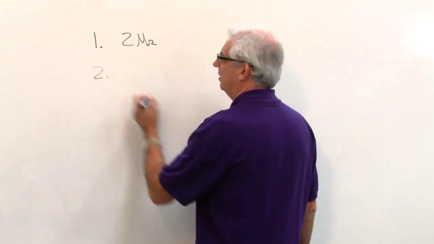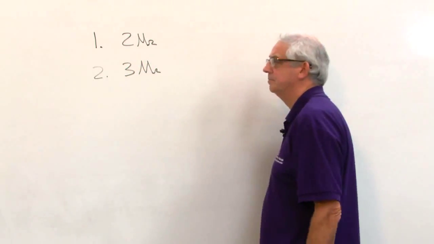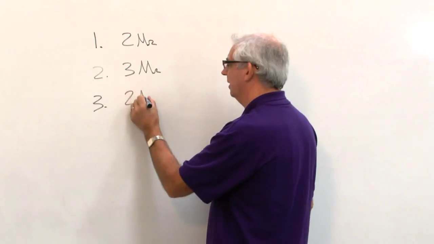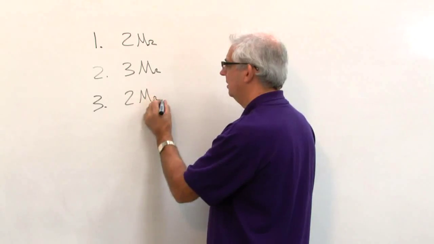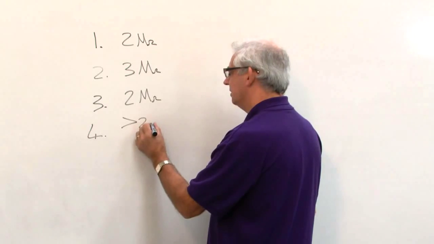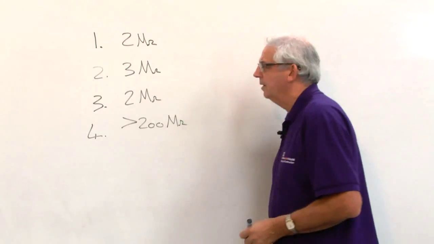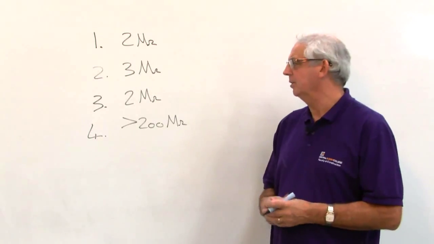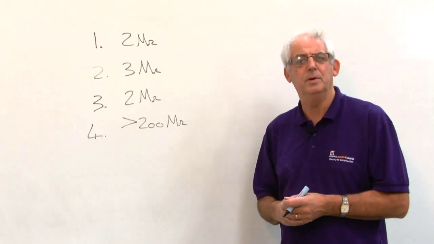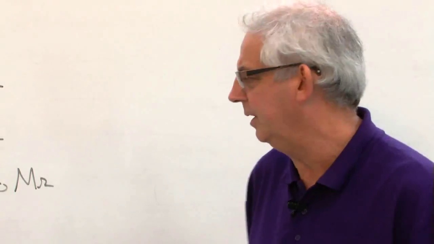Second circuit, we can say we've got 3 megohms. Third circuit, let's just say we're back to 2 megohms. And the fourth circuit, let's say we're greater than 200 megohms. We need to carry out a calculation now to see whether that total insulation resistance value is going to be below 1 megohm. The formula we use for working out this type of question would be